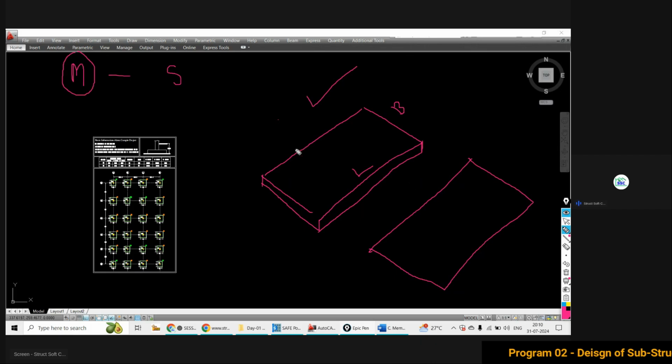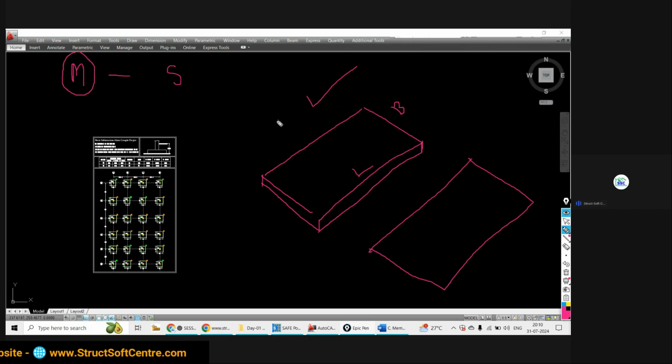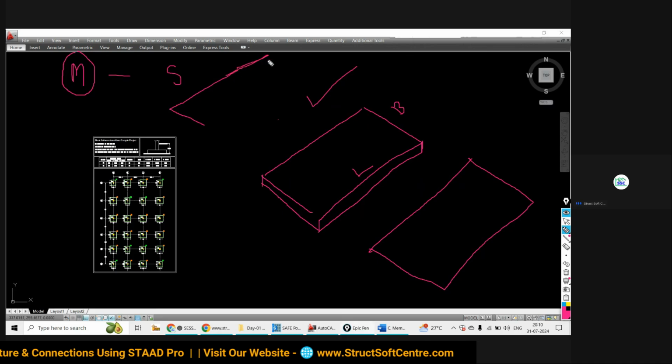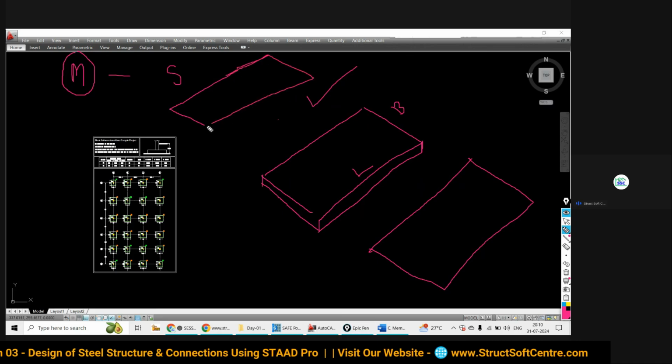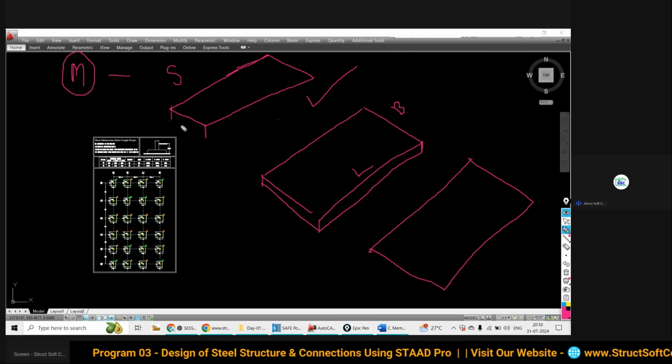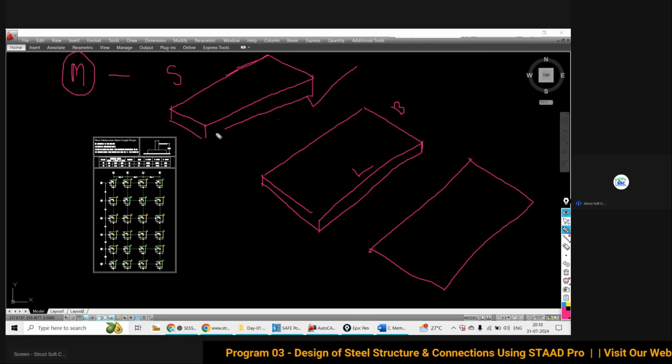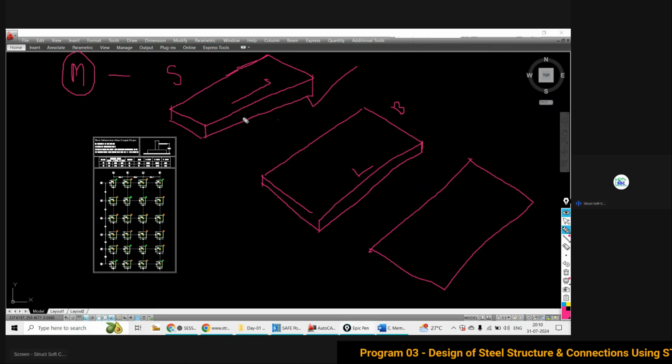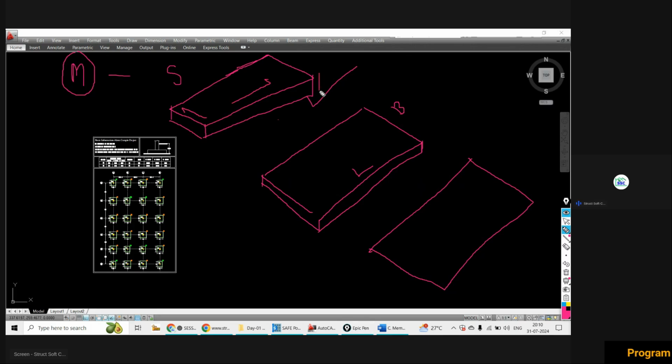For that reason, try to understand what is meant by in plane and out of plane. Actually, each slab has three directions: one direction along its length, one along its width, and one along its depth.